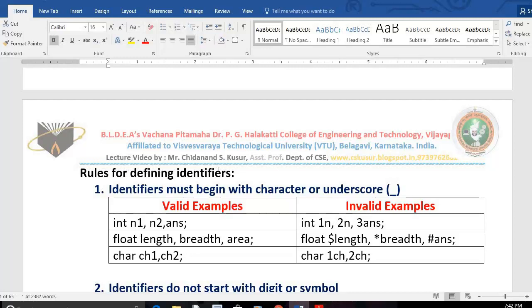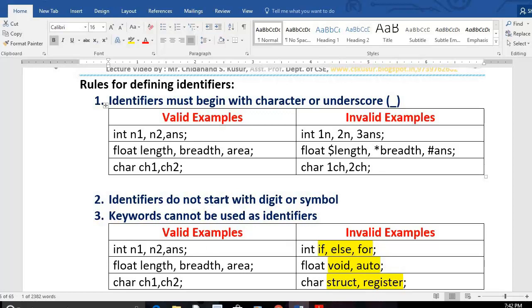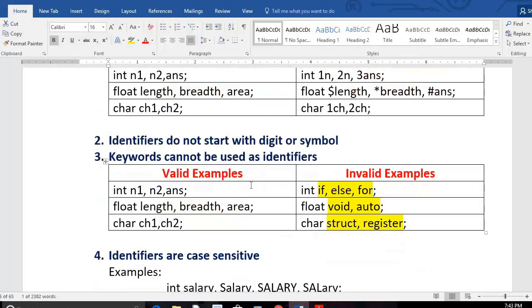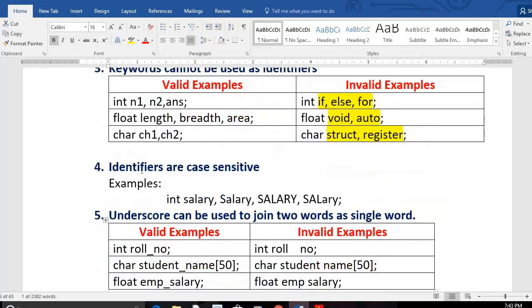Rules for defining identifiers. Identifiers must start with a character or underscore. Give correct examples, give wrong examples. Identifiers do not start with a digit or symbol. Give any other examples. Keywords cannot be used as identifiers. Give the correct examples and wrong examples. Identifiers are case sensitive.